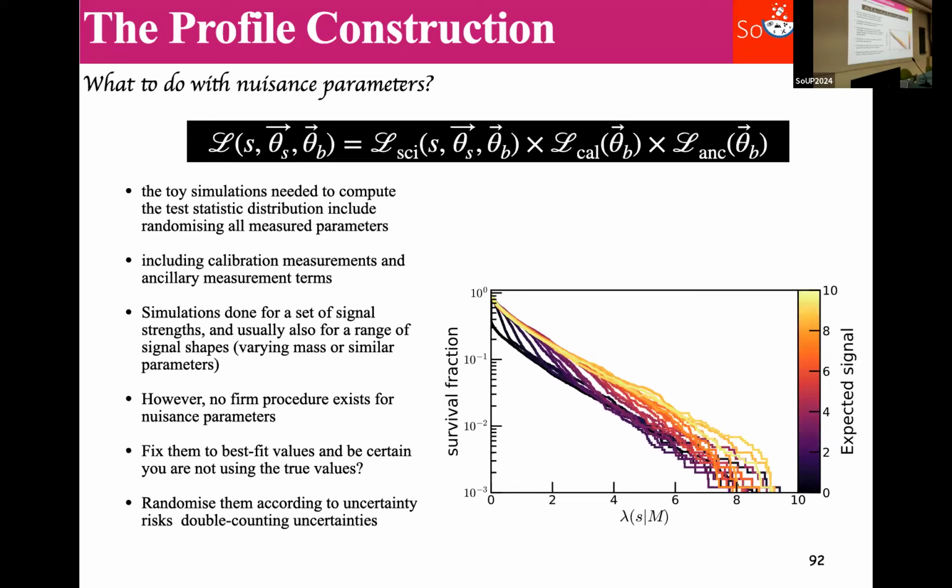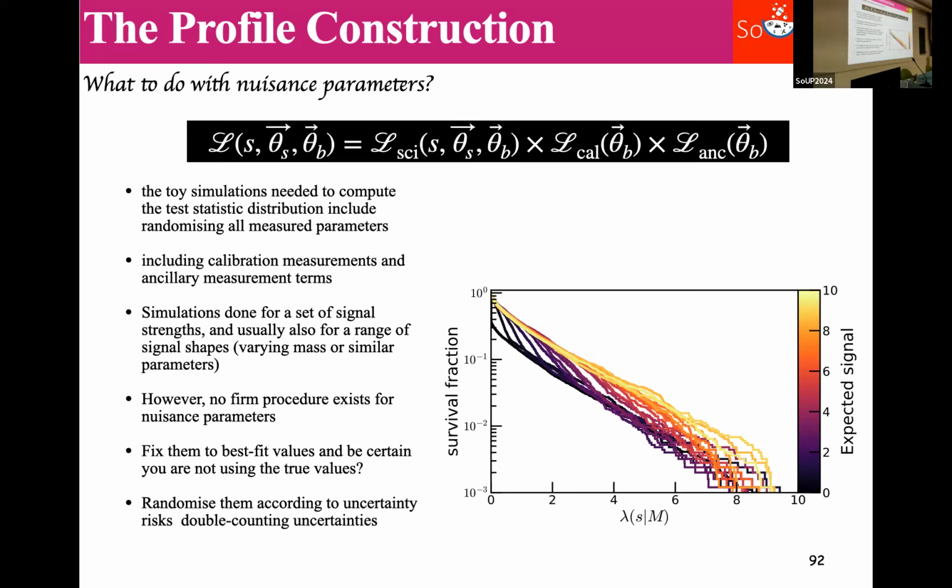One note on nuisance parameters again. Now, you're computing these toy MCs, right? Here you can also see the progress towards asymptoticity. Here the darkest black is the lowest signal expectation. And then as you increase the signal expectation, this is how the log likelihood ratio distribution moves up towards a one-degree-of-freedom chi-squared distribution here, which is the asymptotic limit. This you typically do, right? You compute toy MCs to compute these distributions.